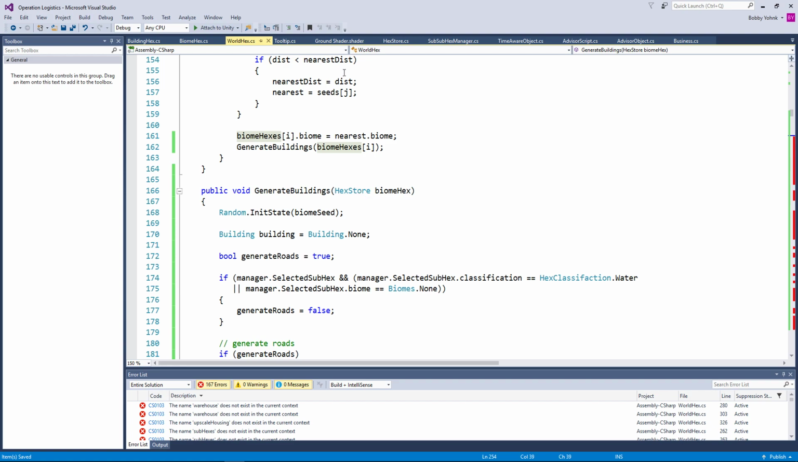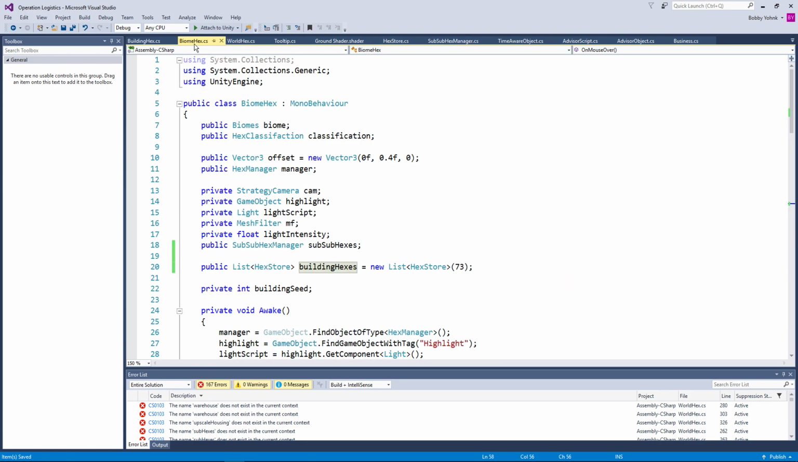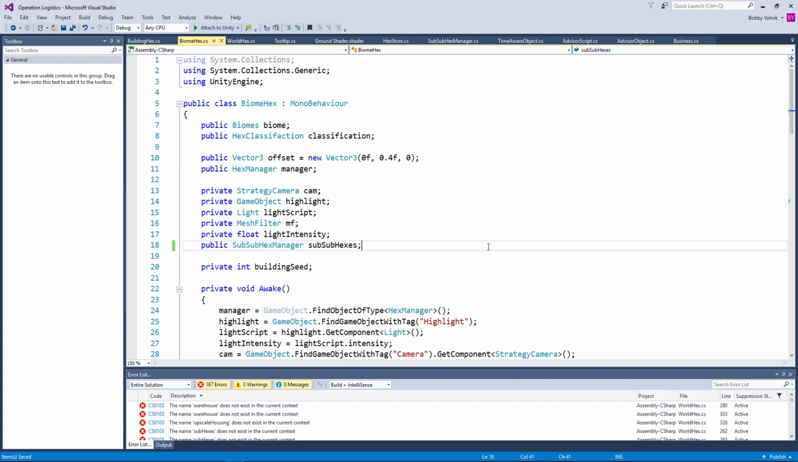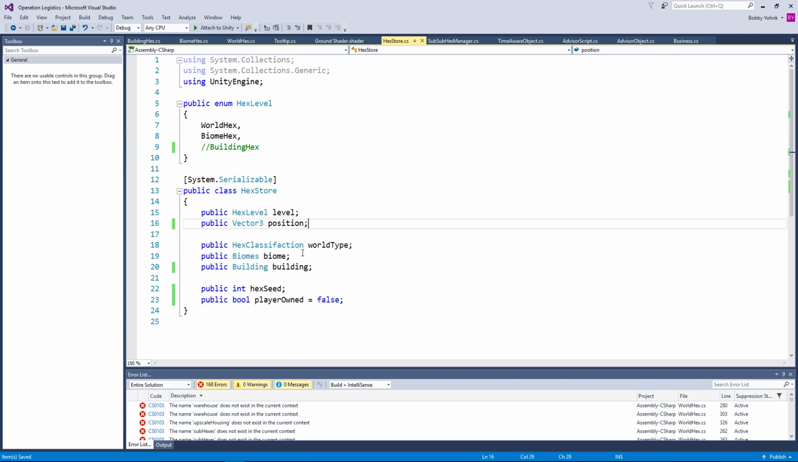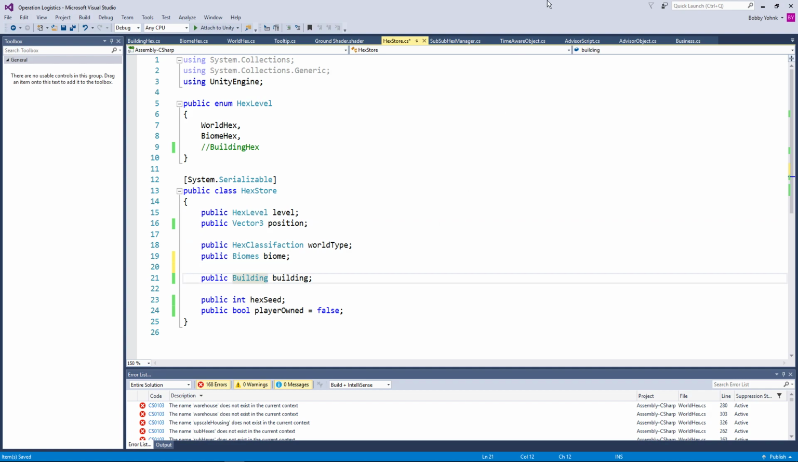And then I feel like on the biome hex store... Okay, here's the thing. We can eliminate this. And then in the hex store, we can have the minimum level be biome hex for whatever reason. And then rather than a quaternion rotation here, we can have a public list of building. And then this would be buildings equals new list building